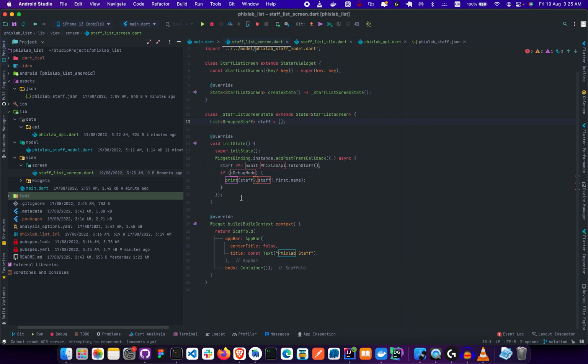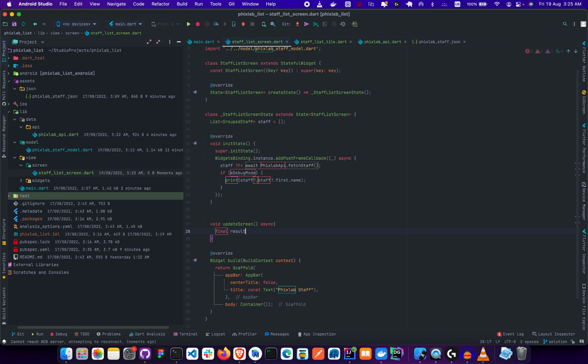So let's do a quick function here. This function is just, we're going to use it to actually update our UI. So for it, update screen, it's going to be asynchronous. And inside there is where we're going to now make our call. All right, so we're going to have a variable to store the results that we pull,